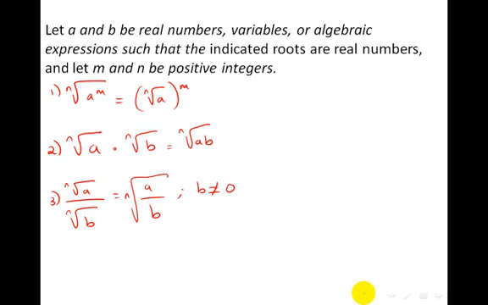Okay, here we will see the properties of radicals. If you say that a and b are real numbers, variables or algebraic expressions such that the indicated roots are real numbers, and let m and n be positive integers. So,